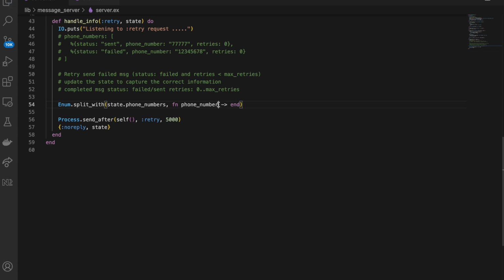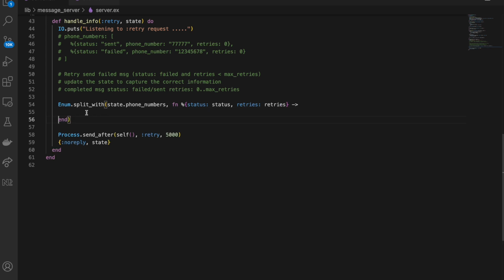Instead of passing this, maybe let's pattern match, because we know that the phone numbers are a list of maps and we are interested in the status, because we are passing a check for the status and also the retries that were made. Next, let's add that check. So status here needs to be equal to failed,